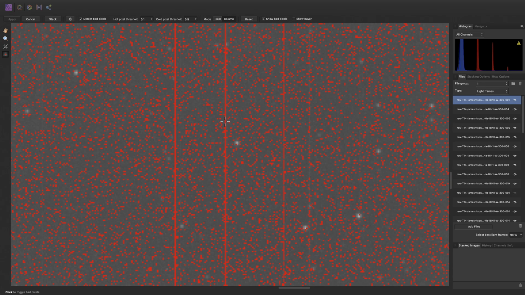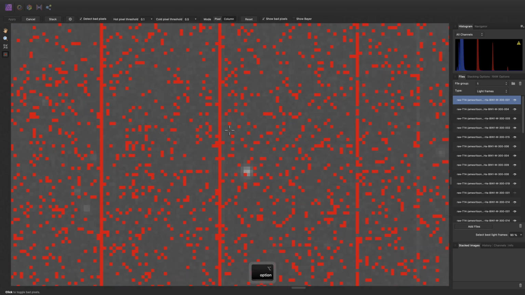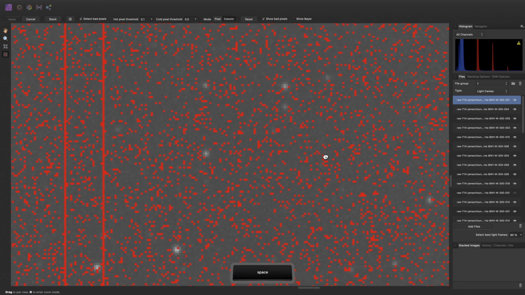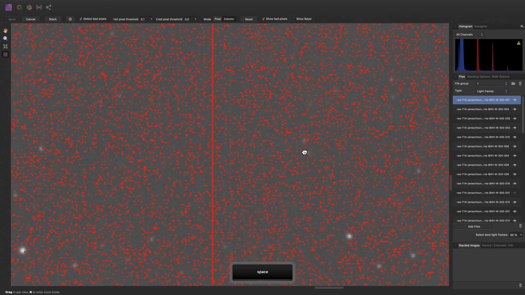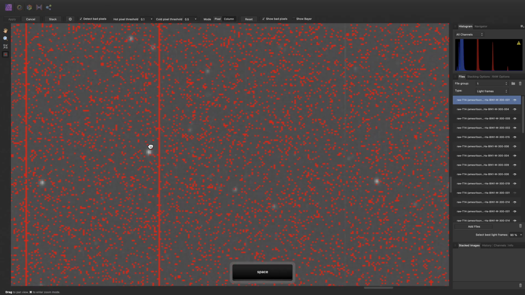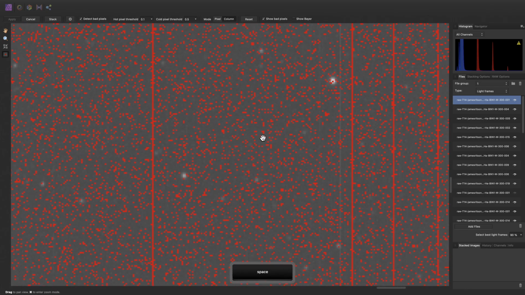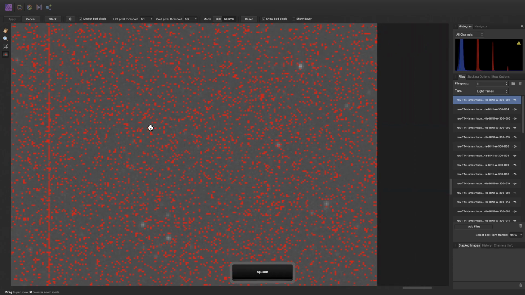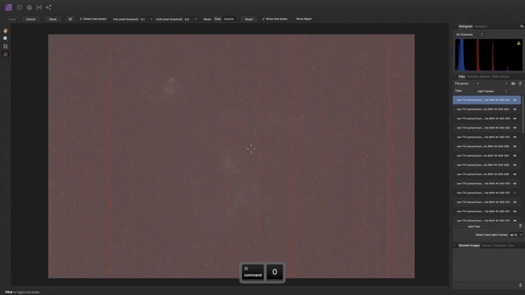Now in this case, I've accidentally clicked on the wrong column. Not a problem, just single click on the column you misidentified to remove it from the map, and then click on the correct column. And we can just move on, just quickly panning through the image. There's another column, and one here, and here. Okay, so once we've completed this process, in order to avoid having to do this every time we stack data,